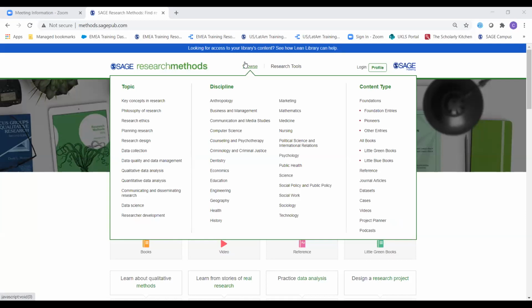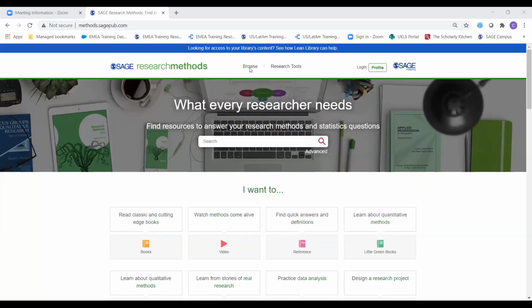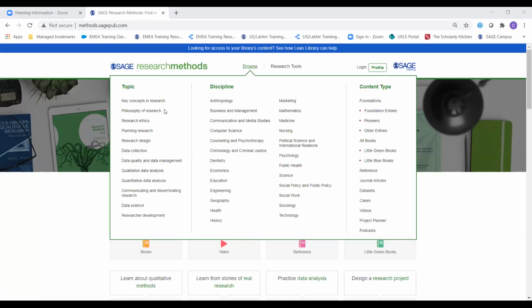So you can browse by topic, and these are some really key stages of a typical research project that you might have to go through. Clicking on any of these links is going to take you through to an area of the platform called the methods map, which is one of our research tools. It is a really visual and introductory tool that allows researchers to understand how different concepts are related in the research methods process. But we'll come and have a look at that research tool towards the end of the